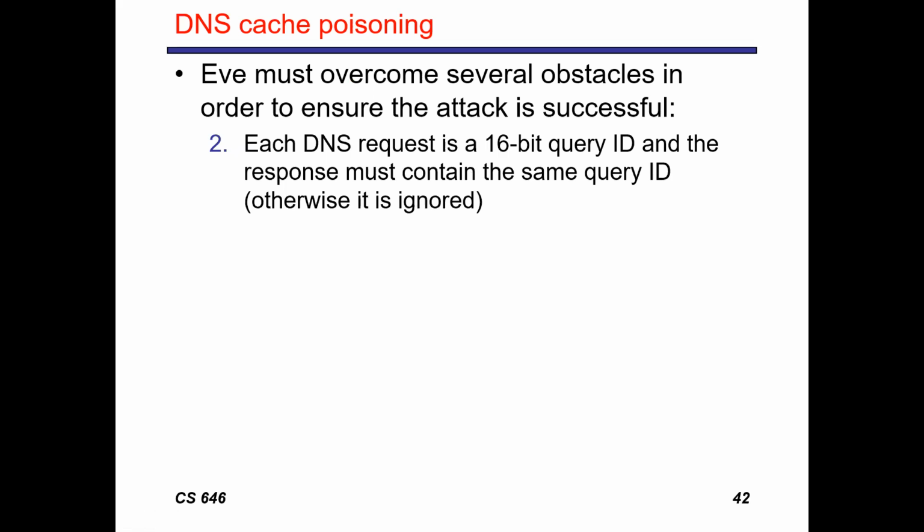The second obstacle that Eve has to cross is that each DNS query, or request, that you make has a 16-bit query ID, as I mentioned in my previous video. And the response to that query should have the same query ID. Otherwise, that response will be ignored. So the question now is